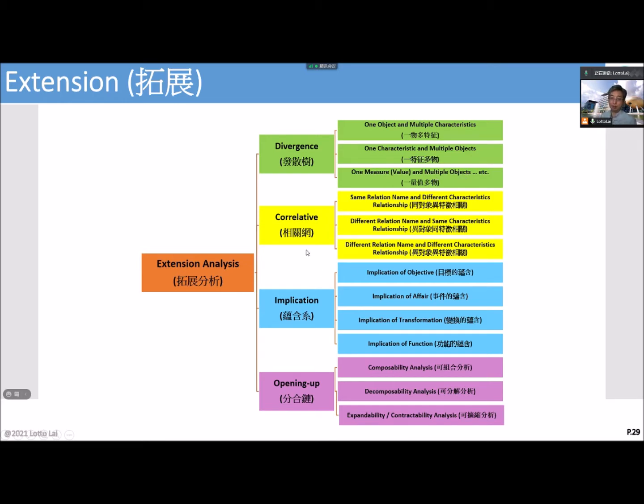Correlative network: we have same relation name with different characteristic relationship, different relation name with same characteristic relationship, and also different relation name with different characteristic relationship, etc. Implication: we have objective implication, affair implication, implication for transformation, and implication for function. And open up is composable analysis, decomposable analysis, extendable or contradictable analysis. We have these different analyses, and I will brief them one by one